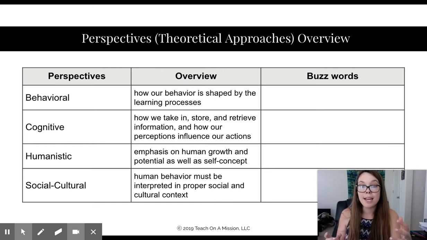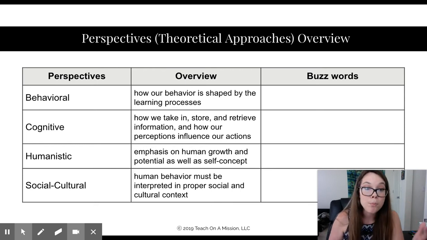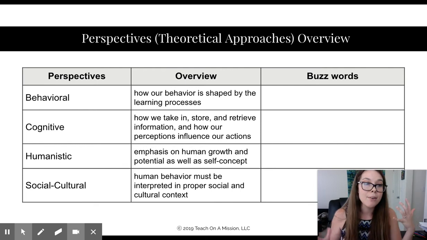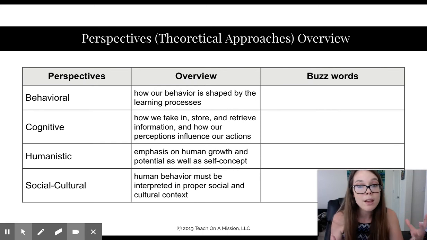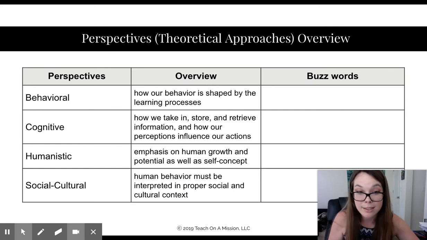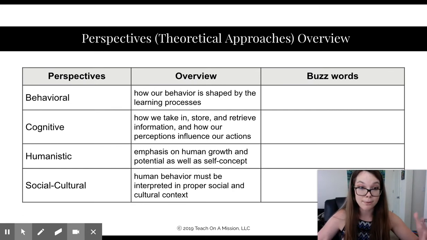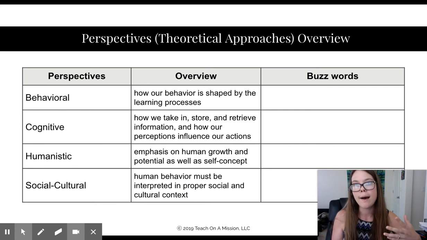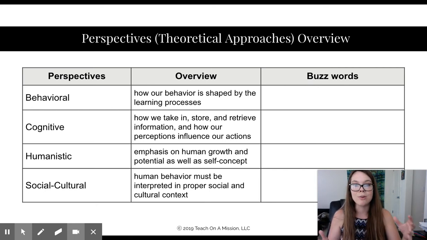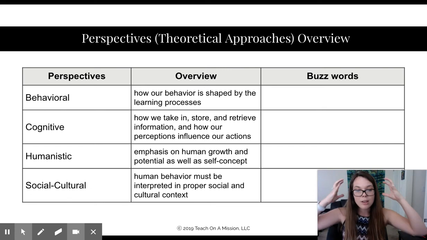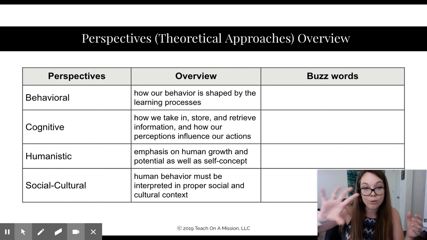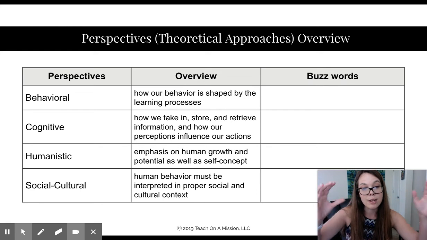So say that Sally, let's do Bob. So say that Bob is having depression, and he comes from a culture that doesn't believe in mental health. And so his behaviors are bottled in due to his cultural influences, right? It's not okay for men to feel this way in certain cultures, or socially. So this is a lot of looking at your peers and what's happening culturally to the situation. Those types of psychologists look at your social influences and then how your culture could influence your actions.